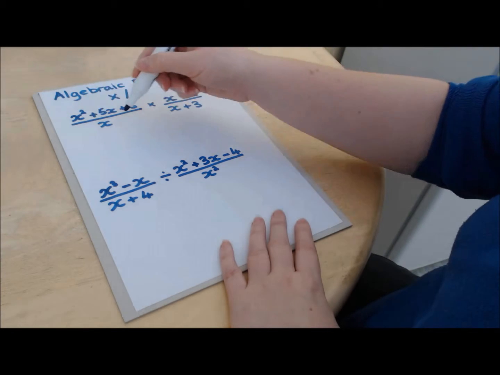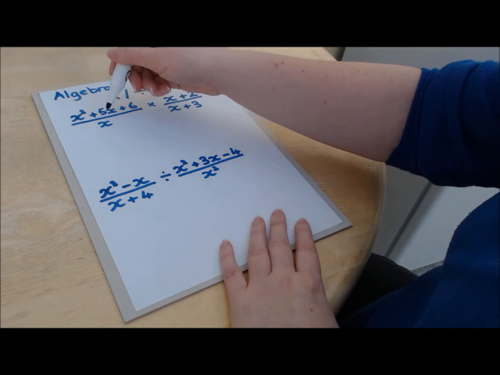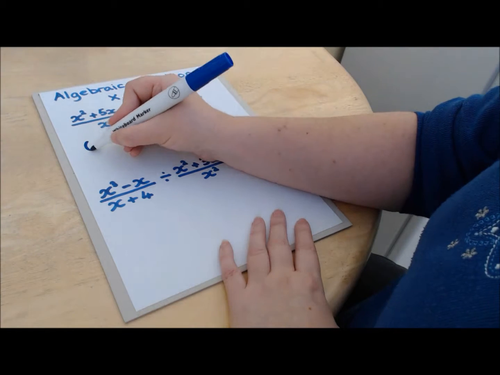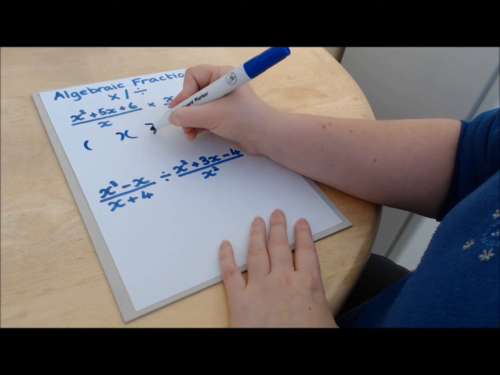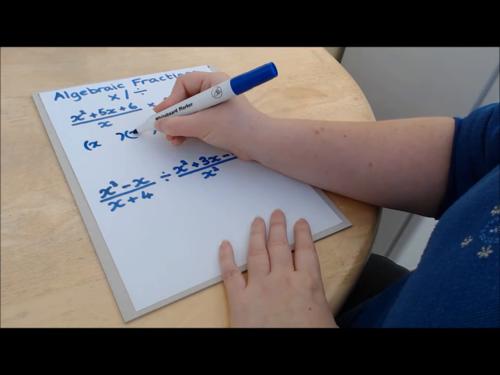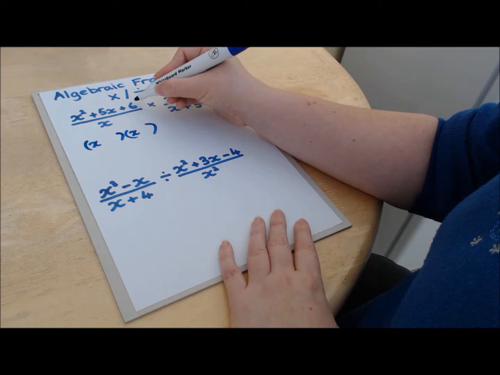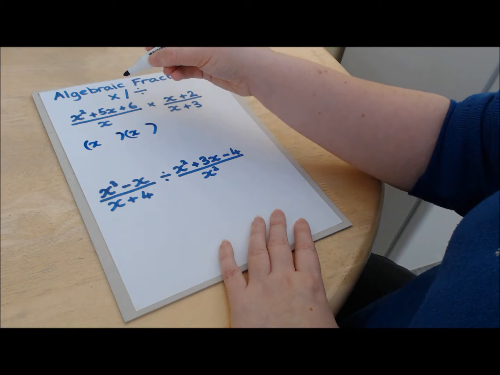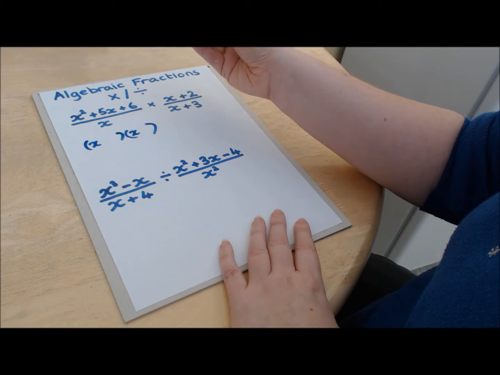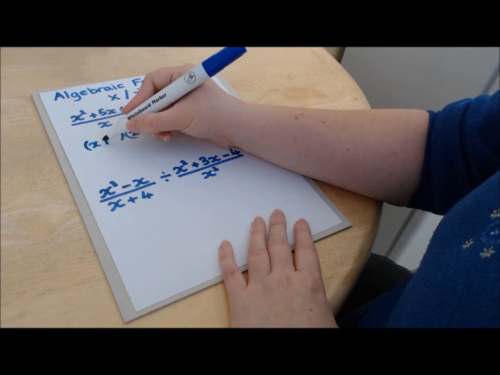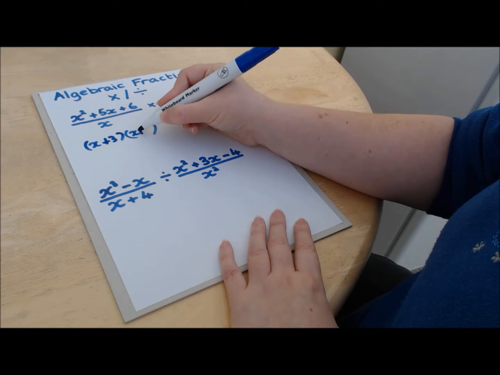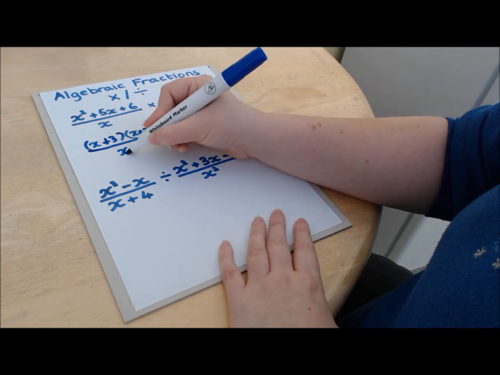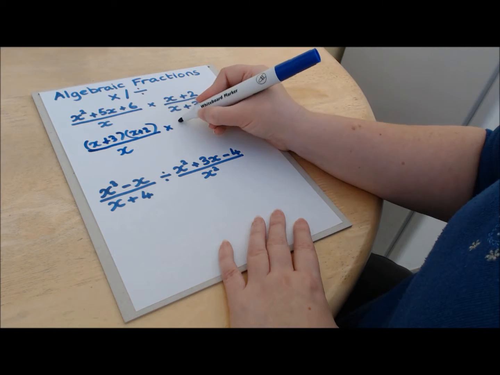So the only part of this that can be factorised is this bit here. And that's going to be a normal double bracket factorising. So let's set those up. So we've got x and x. So we've got 6 on the end. So it's either 6 and 1 or 3 and 2. Because it's positive and we need to add, it's going to be the 3 and the 2 version. So we're going to have x plus 3, x plus 2, that's all over x, and then we're going to multiply by